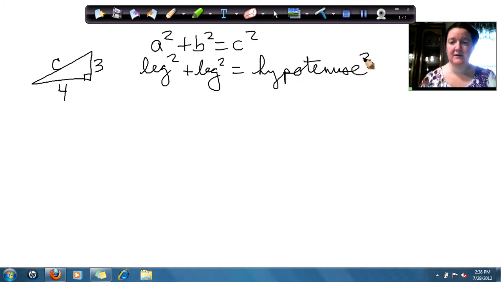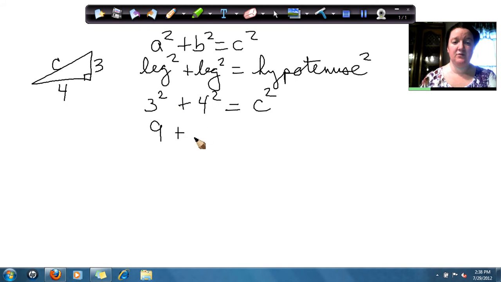So we're taking the hypotenuse and squaring it. So if we look at our triangle, one of the legs is 3 long. So I'm going to take 3 and square it. And now we're going to add the other leg, 4, and square it. We don't know what the hypotenuse is. They gave us c, so we're going to call it c. So if I take 3 squared, that's going to give me 9. If I take 4 squared, that gives me 16. And that's equal to c squared. Now 9 plus 16 is going to give me 25,